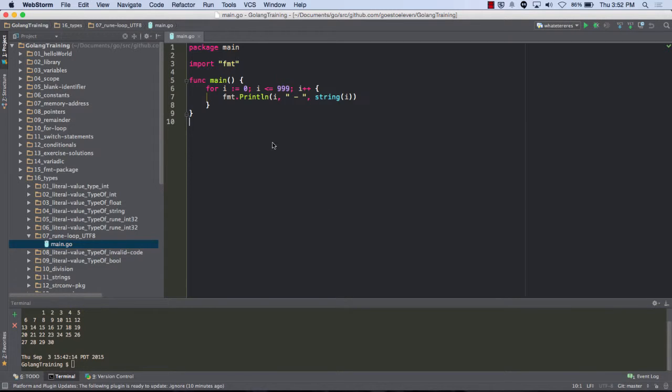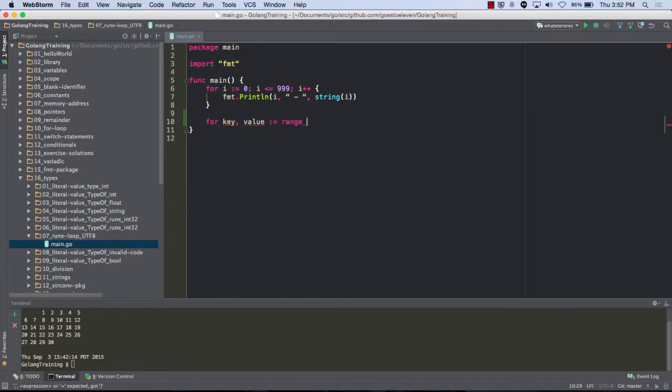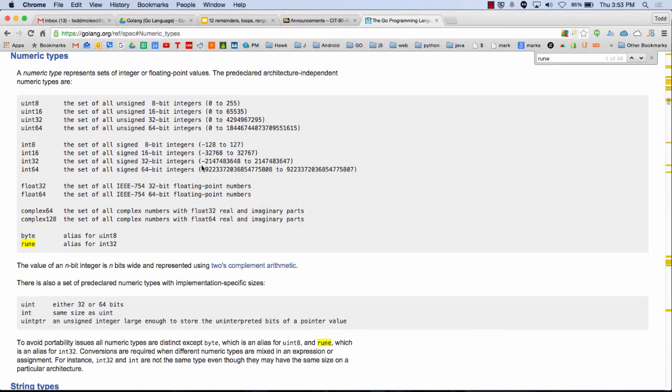And so we could try this maybe with a range loop for key, value := range. But what do we range over though? I need to have some sort of thing to range over. That's where I just died on the range, right? Because a range will loop over